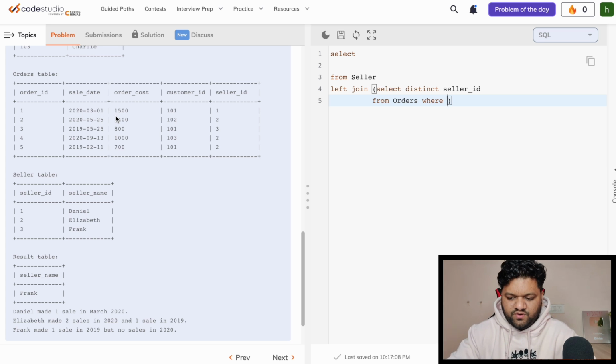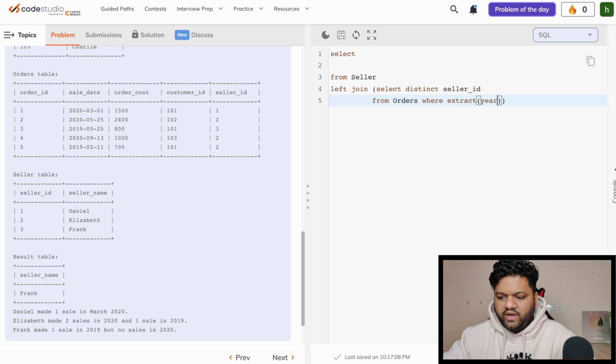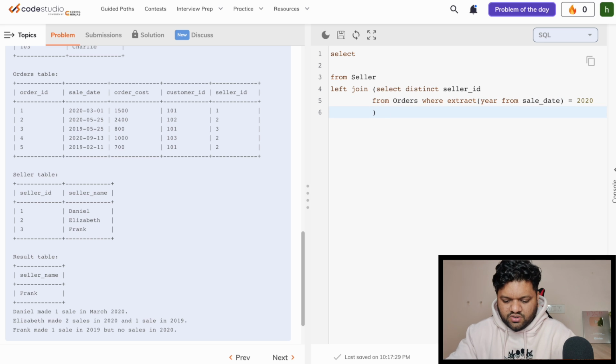So for this one we will use extract method, and here what we want to extract, year from this sale date column. So this is what we did here, and after doing this part, we also need to compare it whether it was 2020, because we want to filter out all those records which were placed in 2020. Okay, and we will name it like this thing, order